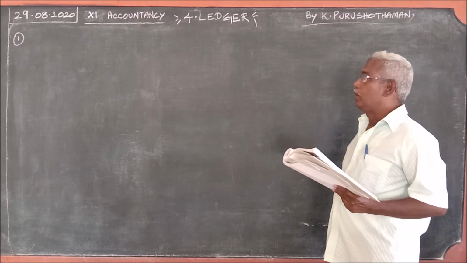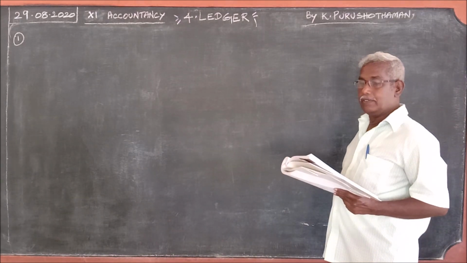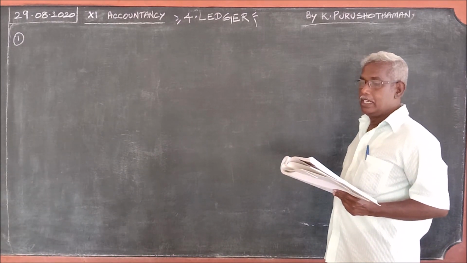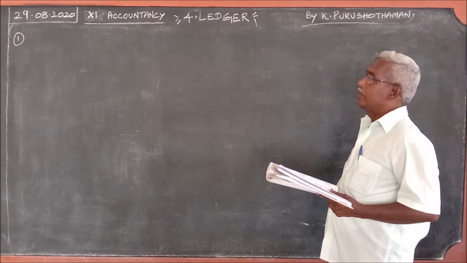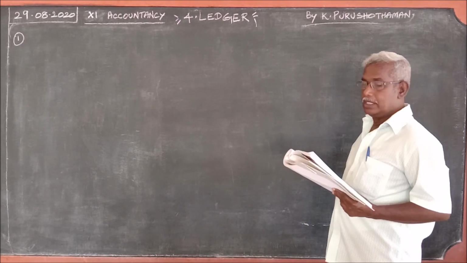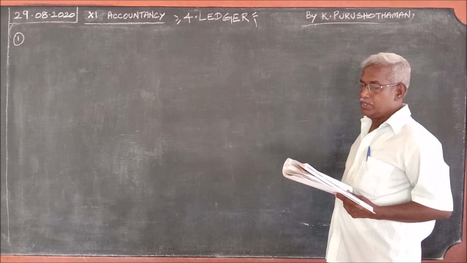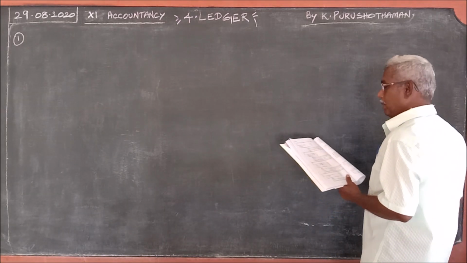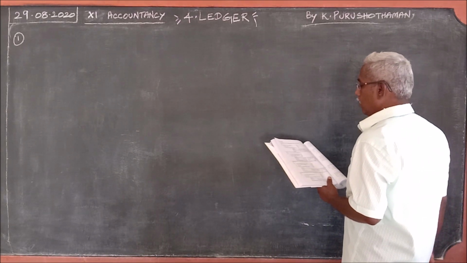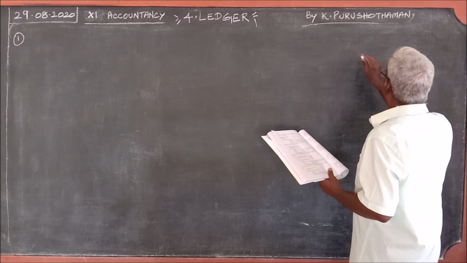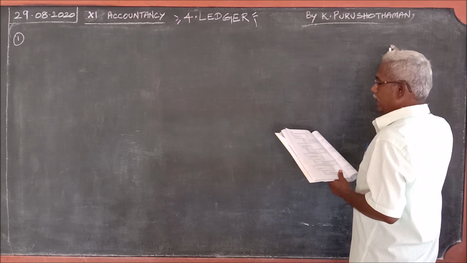In problem number 1, I read the heading first. Journalize the following transactions and post them to ledger, I said. So far we have only journalized. Now we are going to post the entries in the ledger. For that we should make some arrangements. The first one, journal we have seen. From the journal you can try, but for my reference I am writing roughly